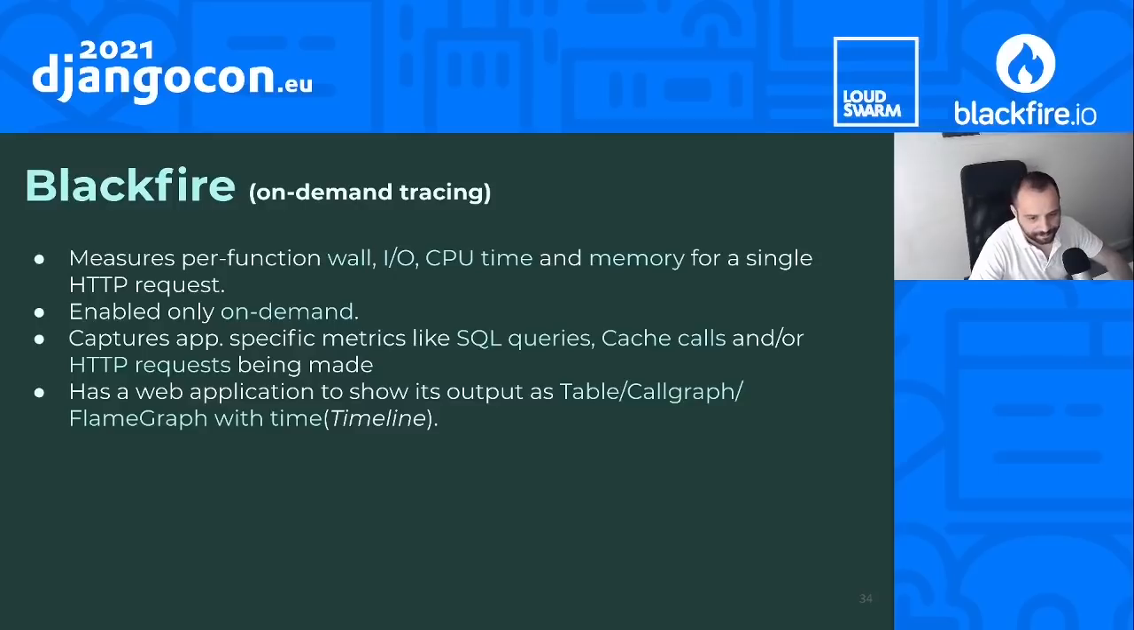And Blackfire. Blackfire is an on-demand tracing profiler that can measure wall, I/O, CPU, and memory metrics simultaneously, which is a bit different than a normal tracing profiler. For example, for HTTP profiling scenario, it is only enabled when a specific HTTP header is present, and when it is done, it